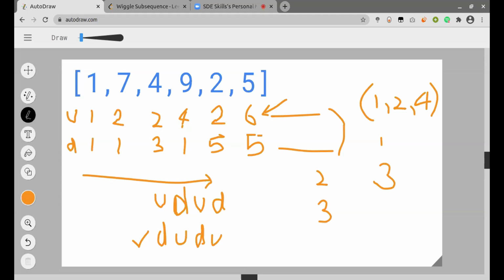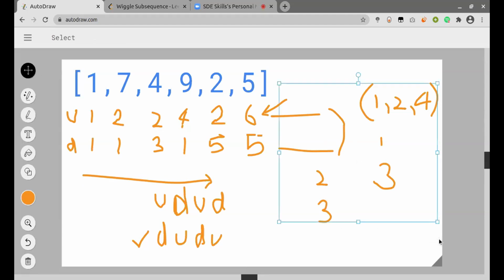But then we keep on looking for this value, and we keep on moving this index. Like if this index is at 7, and then if you compare with the previous one, here it is increasing, right? So when it is increasing, you always take your up value and increase it to 1 plus the decreasing one. In that case, d is 1, so that will be 2. And for your D, it will be the same as what you did for 1, 1, right?